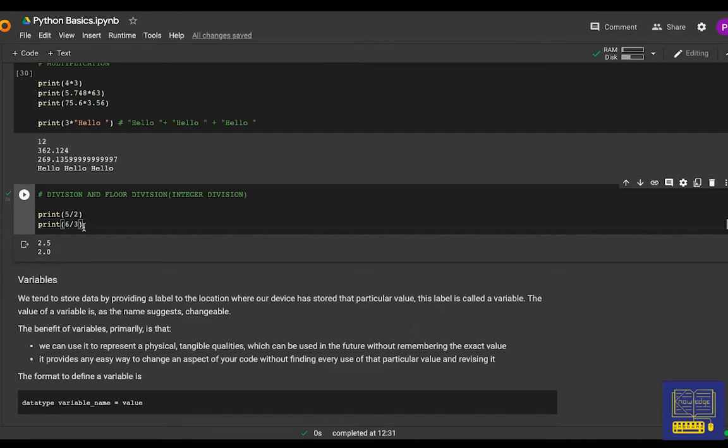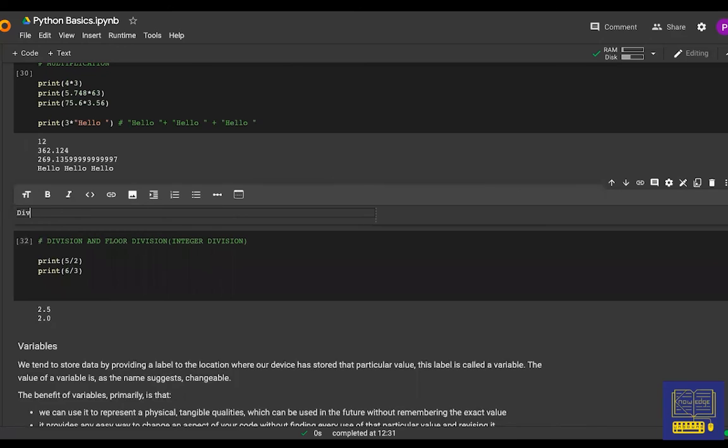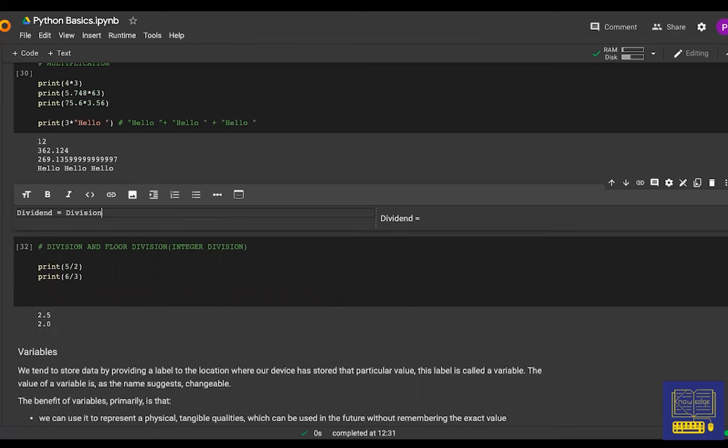But if I want only the integers, so say for example, when I'm dividing 5 by 2, I get 2 as the quotient and I get 1 as the remainder, because 5 equals 2 into 2 plus 1. I don't know if you're familiar with this formula, but I'll just show you what that is. So we have the dividend, which is the number being divided, is equal to the divisor into quotient